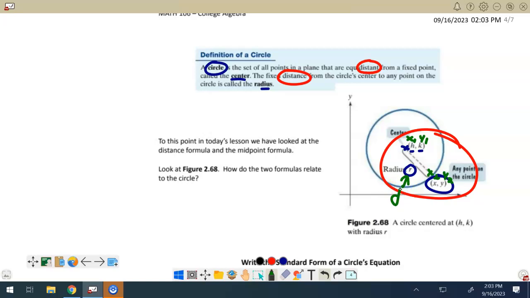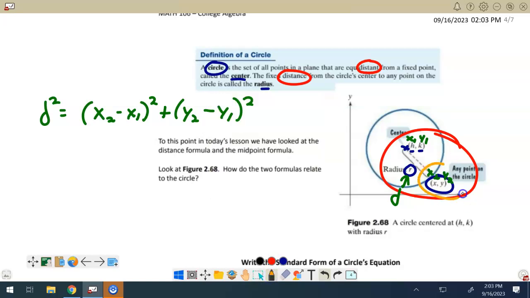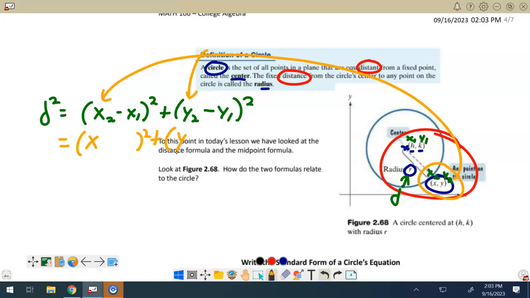So take the distance formula, which was d squared equals x2 minus x1 squared plus y2 minus y1 squared, and plug those details into that formula, right? So for x2, y2, we're going to plug in our variables, x and y. So this will become x, and this is going to become y. For x1 and y1, we're going to plug in h and k, which are the specific coordinates of the center,